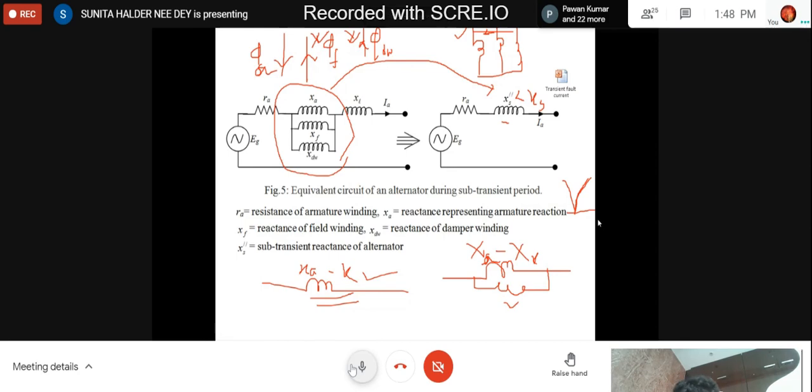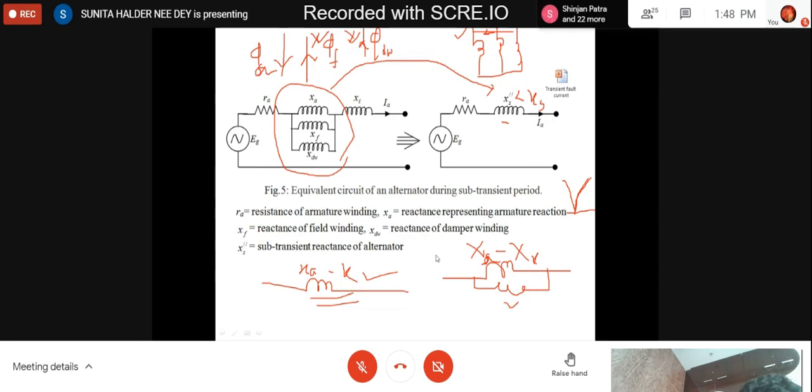Yes, ma'am. So actually, in the second stage, what will happen in the transient state? The transient component of current dies down. So this IA is not near twice Imax, but maybe 1.5 Imax in the transient period. But in the subtransient period, it is near 1.8 Imax, 1.9 Imax. What is Imax? Imax is the maximum value of steady state fault current.